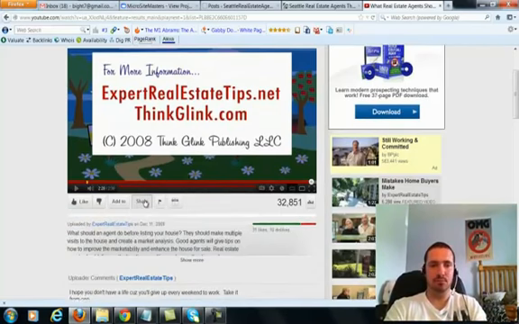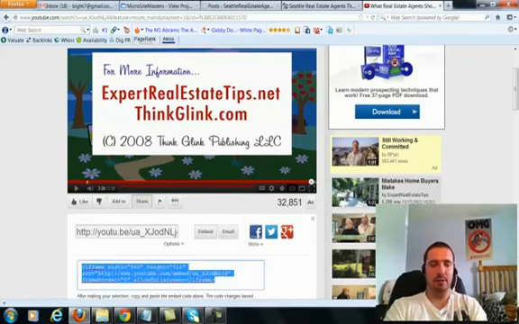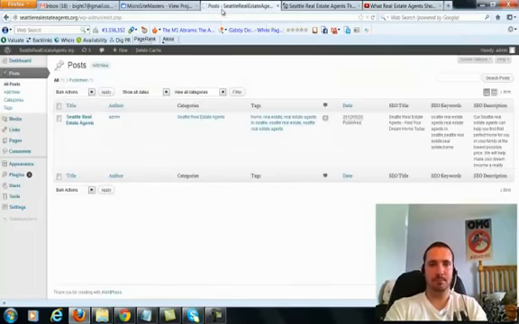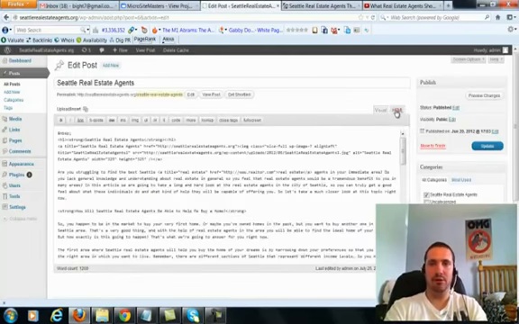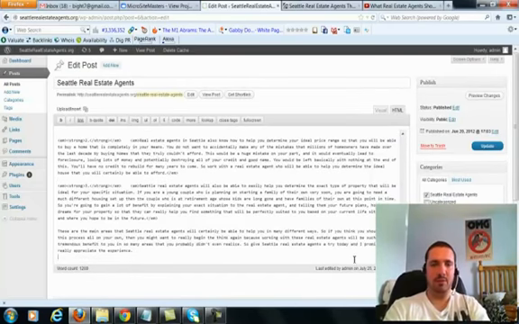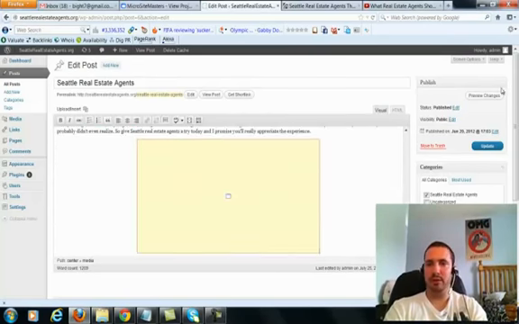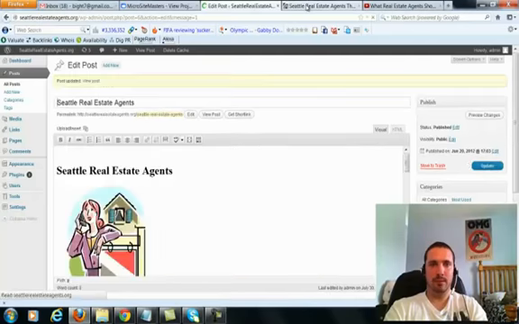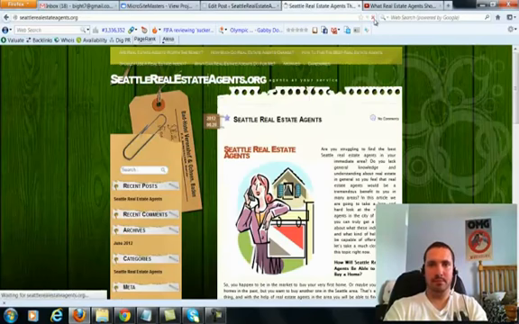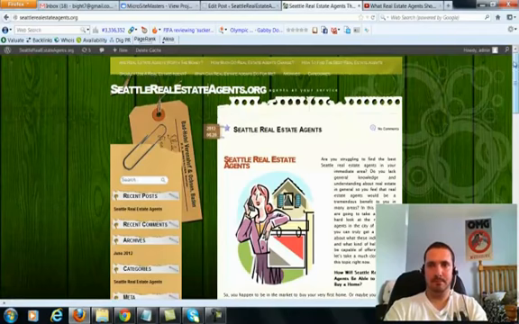So let's go to Share, Embed, and I'll copy this embed code. I'll click on my post here, go to our HTML, and I'm going to put this at the bottom of the page, center, paste the embed code, and end the center tag. And now if we go to visual, we'll see our video right there. We can update. And now when we reload our site, our video will be right down here at the bottom.